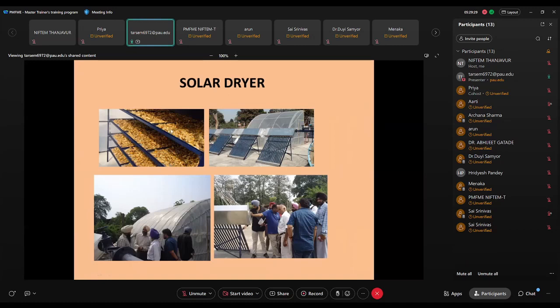These dryers have been entirely designed and developed at Punjab Agriculture University, and this technology has been approved by PAU for commercialization, and some firms have an MOU with PAU to